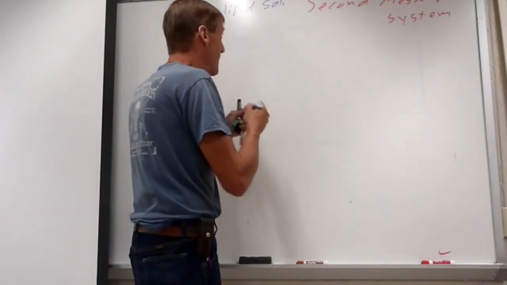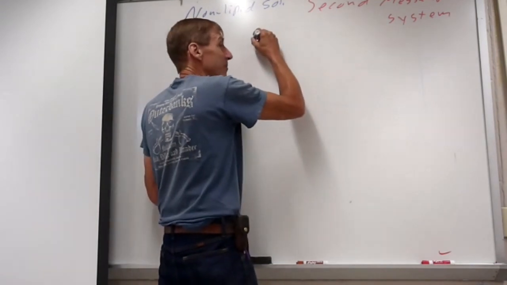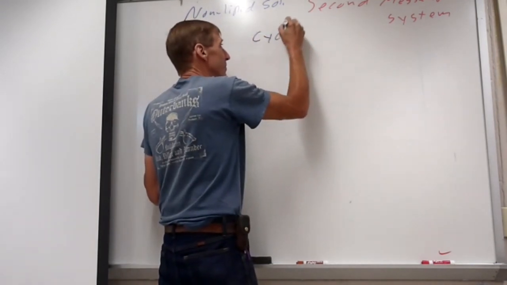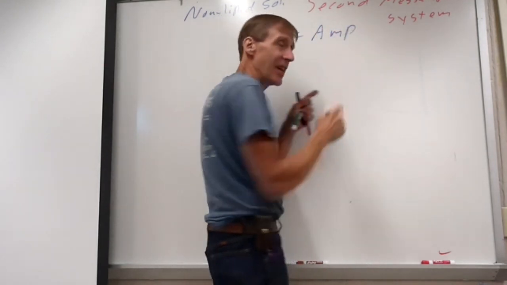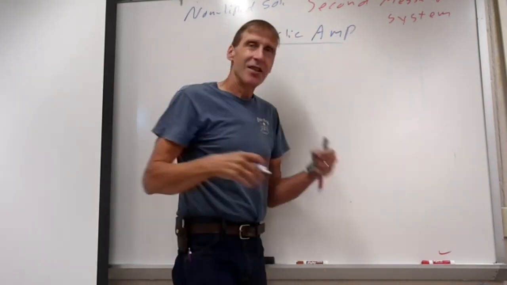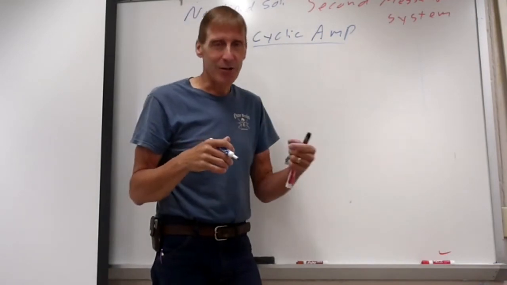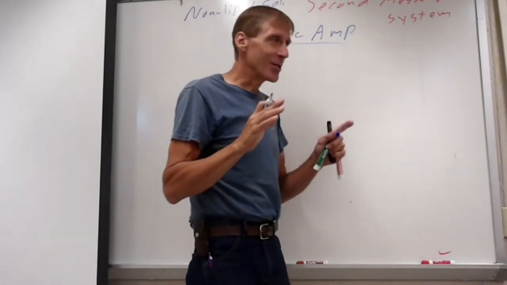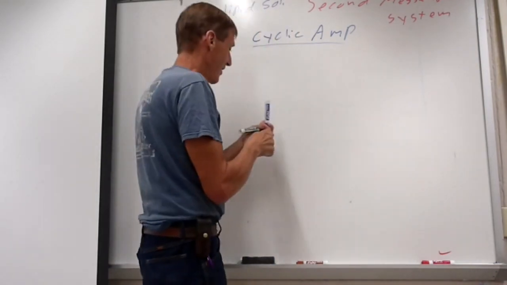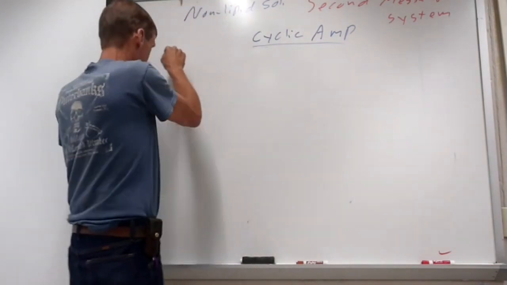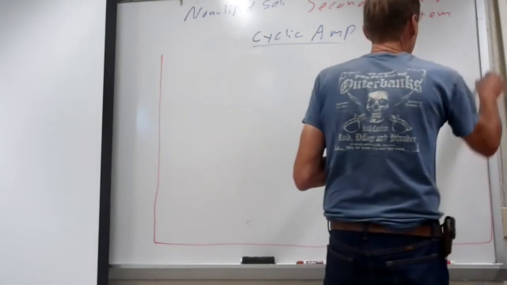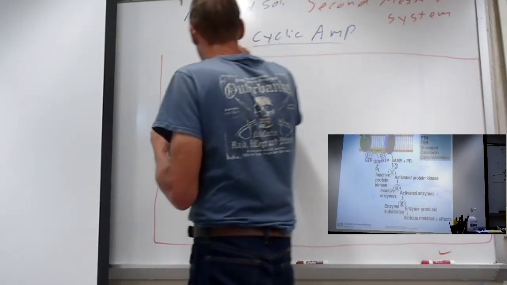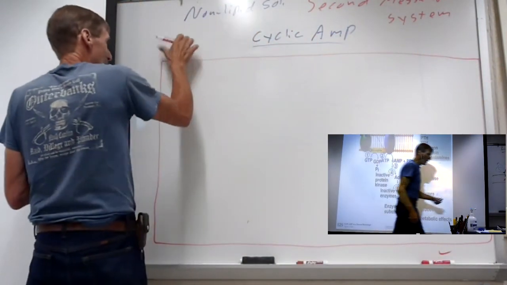So we're going to look specifically at the cyclic AMP second messenger system. That's cyclic adenosine monophosphate. Again, you usually see the abbreviation, cyclic AMP. To try and describe it briefly, I'm going to make myself a big target cell here. My drawing will be a little ugly, but again, you look up top, you'll see the publisher's version of it. It's a little prettier.